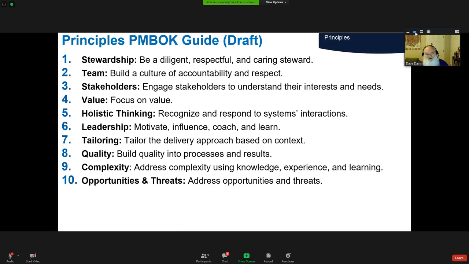Opportunities and threats. I think most of the people that are PMPs did something with SWOT analysis in the previous version. We're still going to be looking at that, we just aren't using the whole term SWOT now from PMI, but we're still looking at opportunities and threats. And then adaptability and resilience. Adaptable means adjusting to change. Resilience means stick-to-itness. You know, it's not going to be done overnight. Some things may take a very long time.